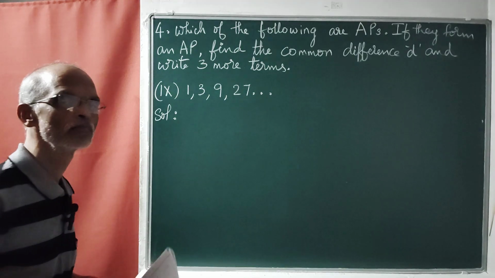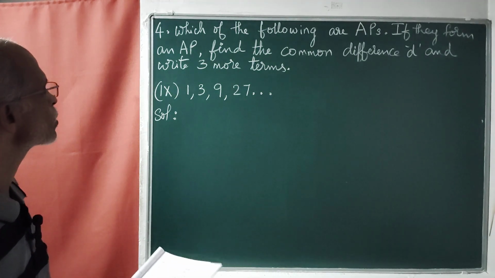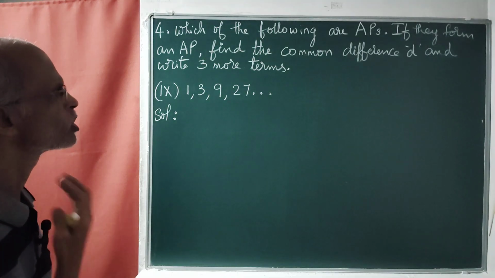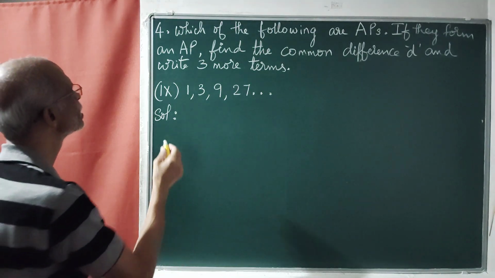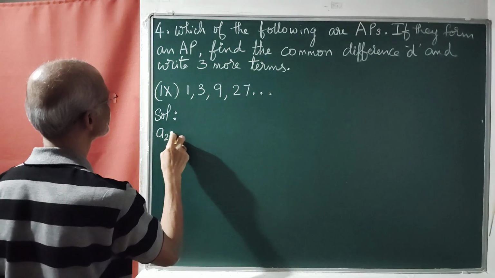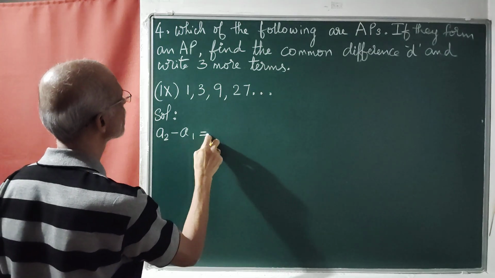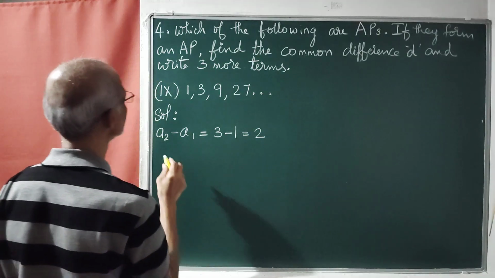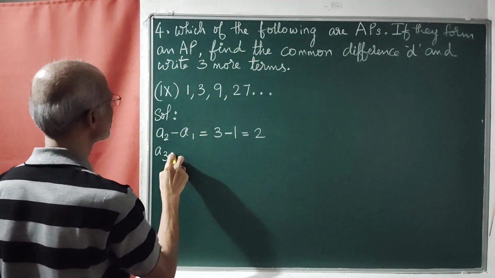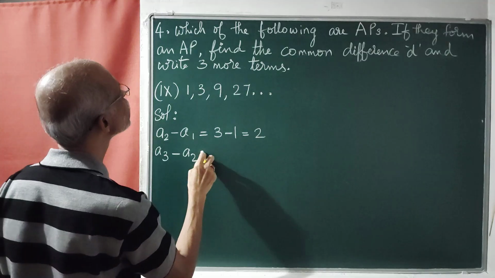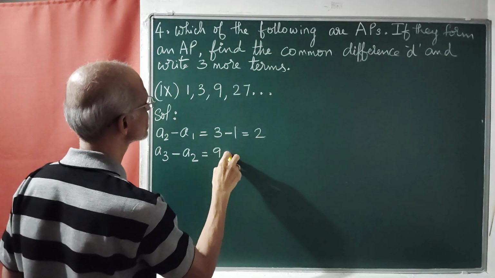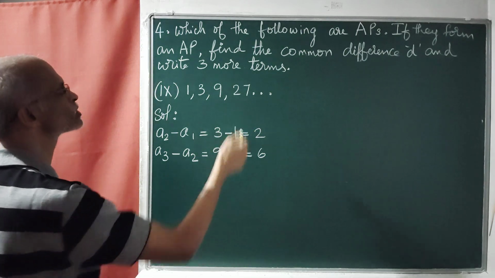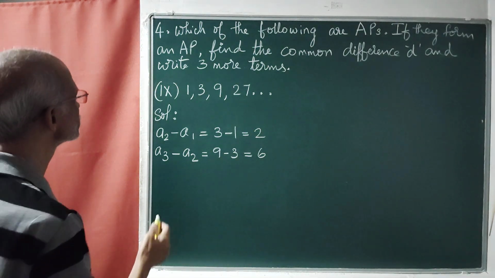Next sum, the numbers given are 1, 3, 9 and 27. Now we will check the difference. A2 minus A1, 3 minus 1, we get 2. A3 minus A2, 9 minus 3, that is 6. So there is no common difference. Therefore,